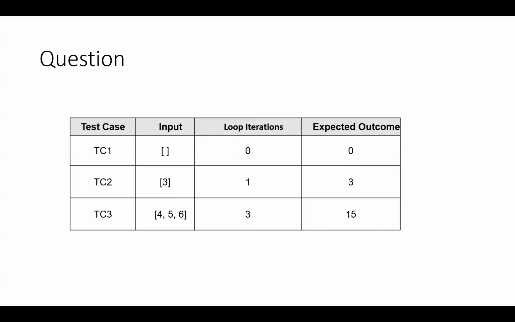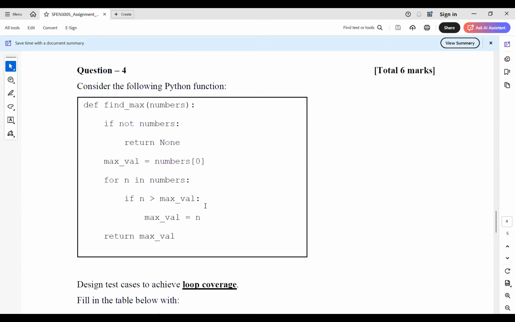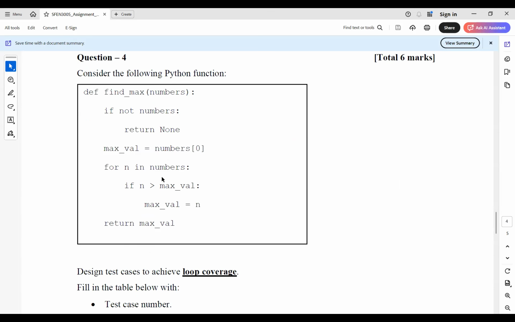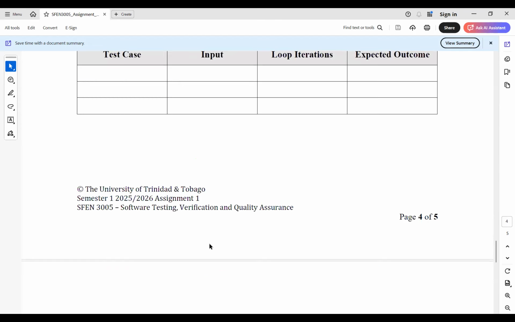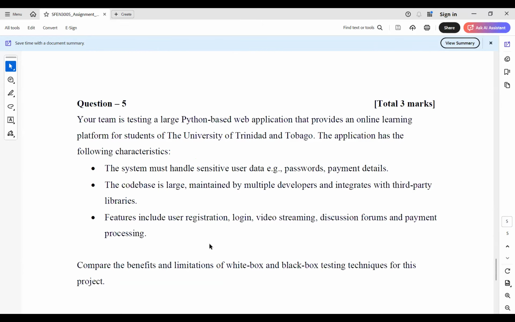And that is what you have to do for the fourth question, right? But just use the code that is here. So that's loop coverage. And then finally, you have an analysis question where